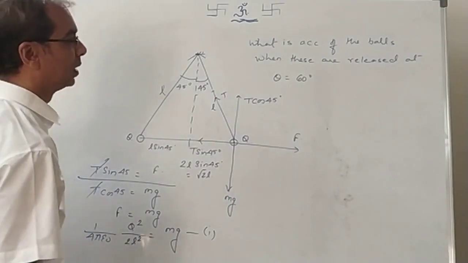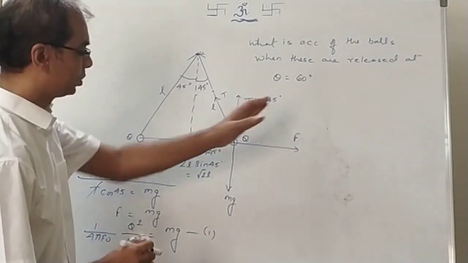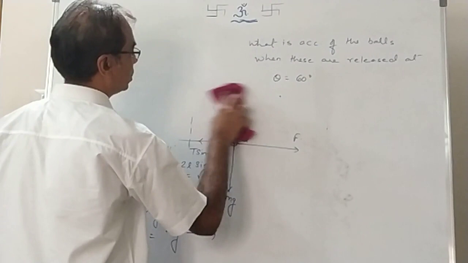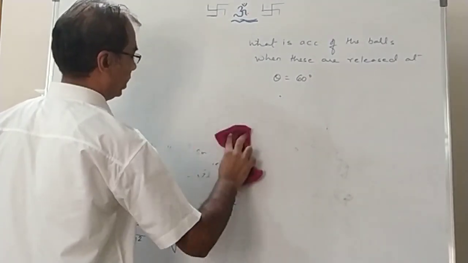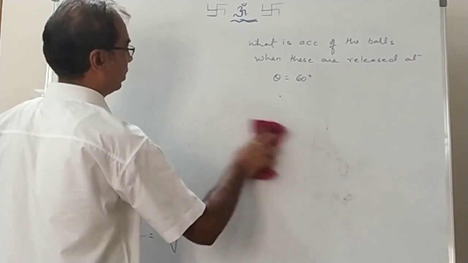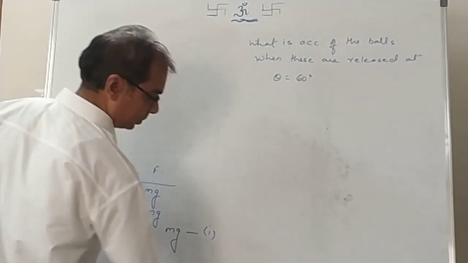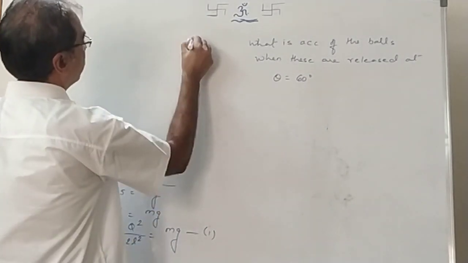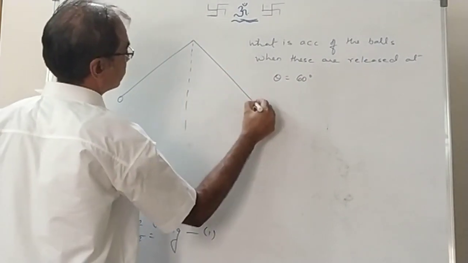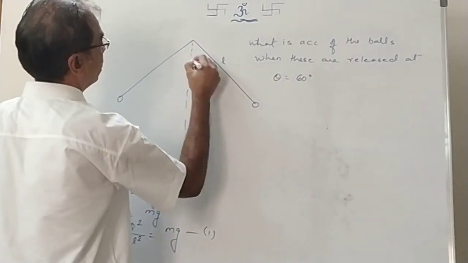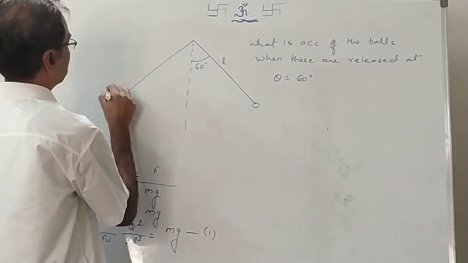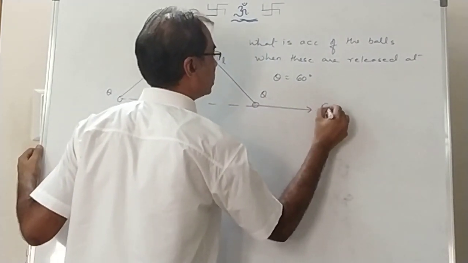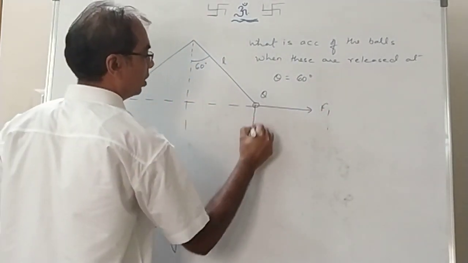We'll keep it like this. Now we are going to take these balls to 60 degrees, then see what happens after that. Two balls are taken such that they make 60 degrees with the vertical, and then we have to find the acceleration. This is vertical, and our balls make 60 degrees with it, still at length L, each with charge Q. In this condition they must also apply a force in this direction, let's say F1, and here will be mg.